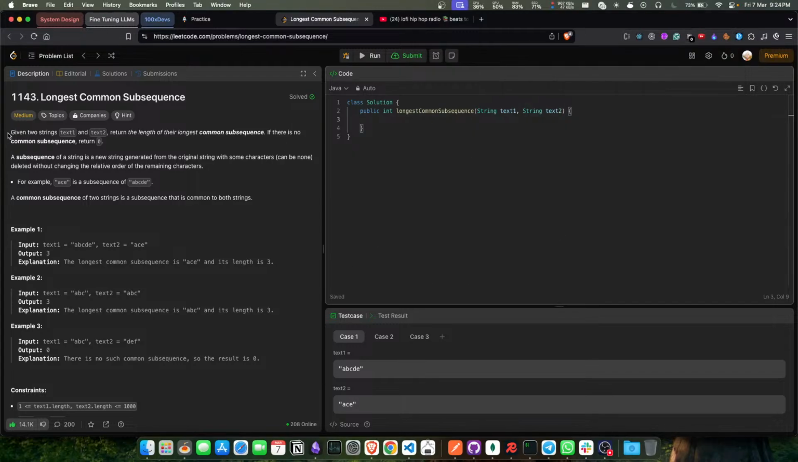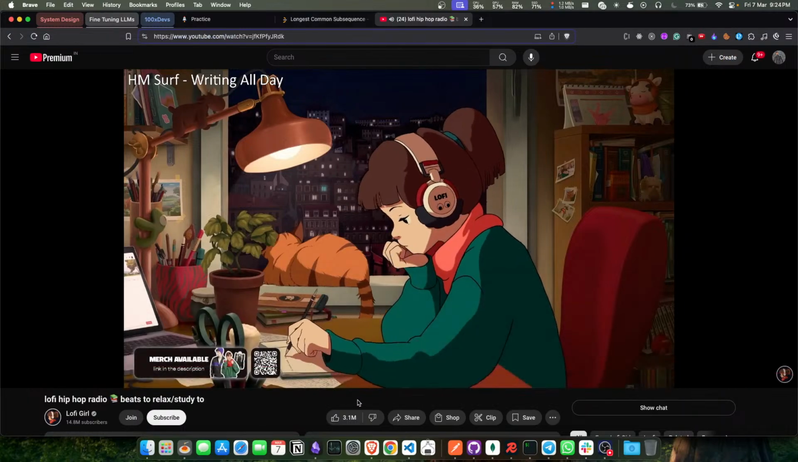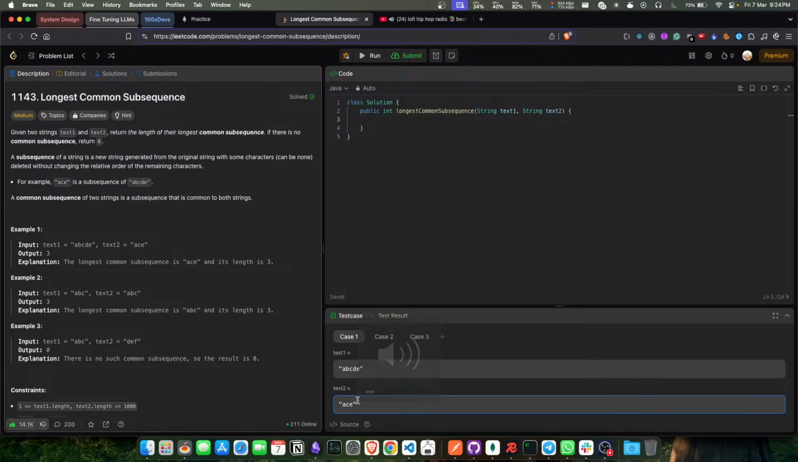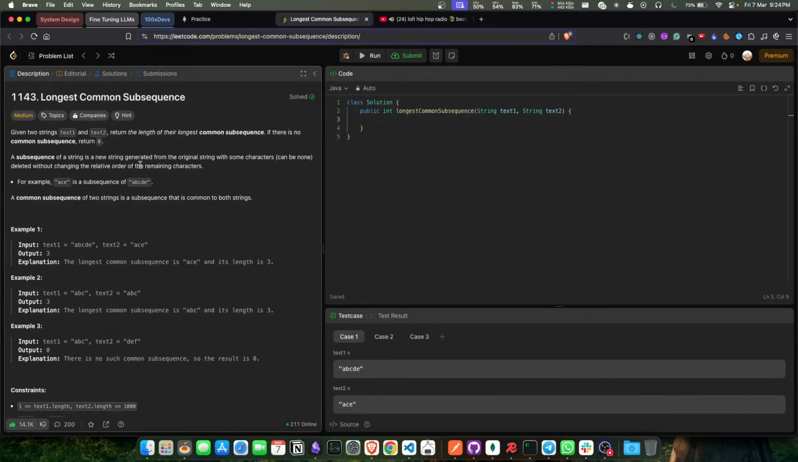Let's solve this. Given two strings, text1 and text2, we need to find the longest common subsequence of these. A subsequence is a new string generated from the original string with some characters deleted. Basically, we need to return the length of the longest common subsequence. Alright, so